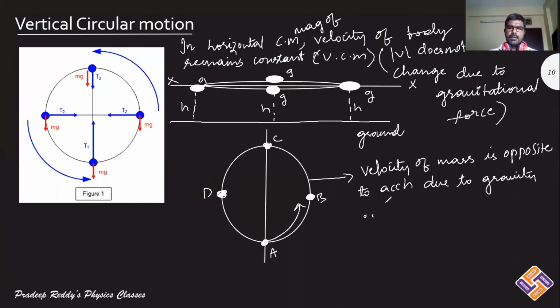Therefore, the magnitude of velocity decreases while the mass goes along the path